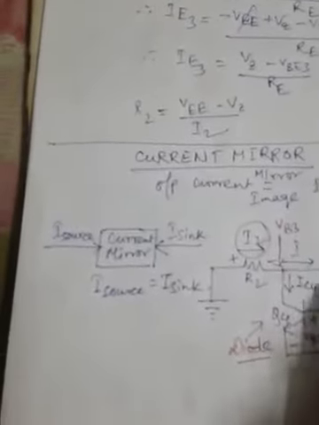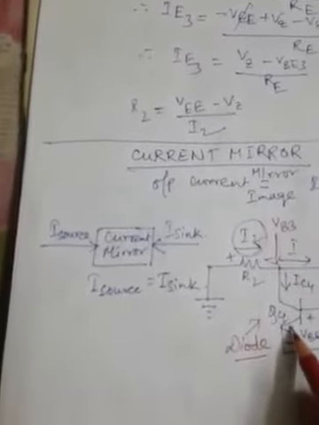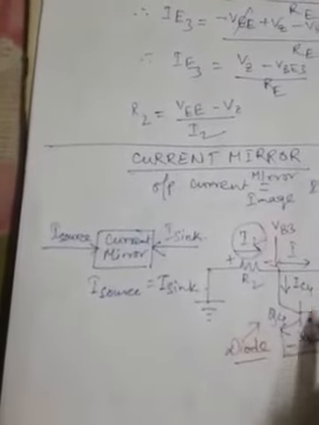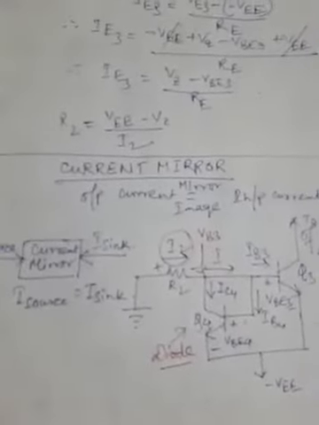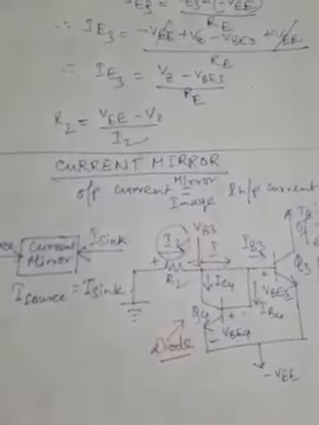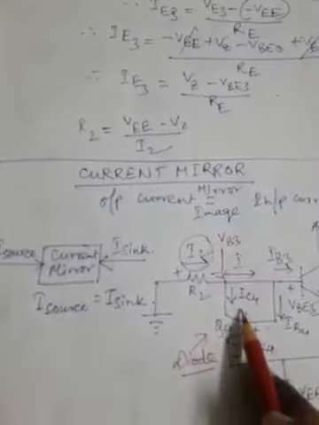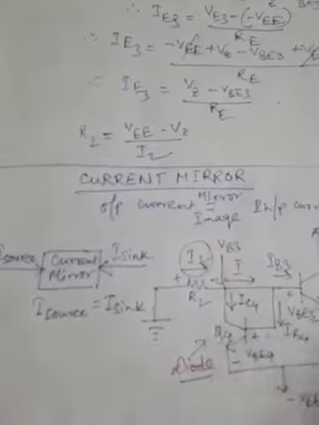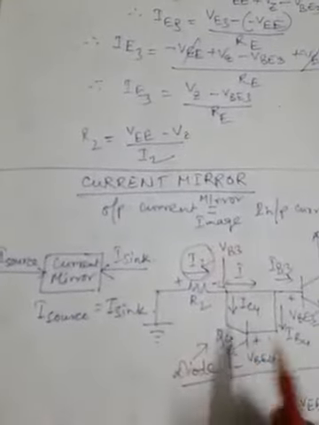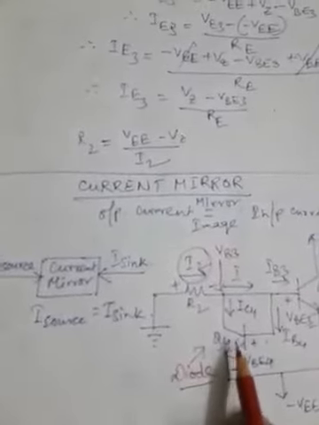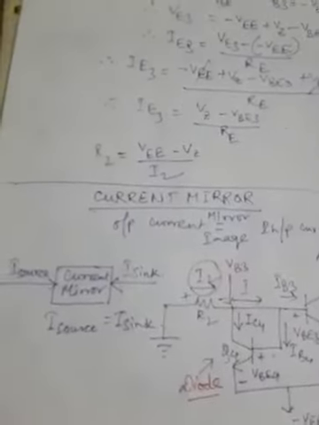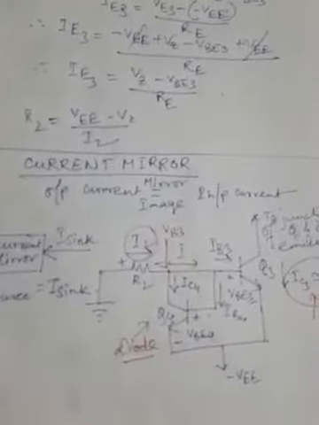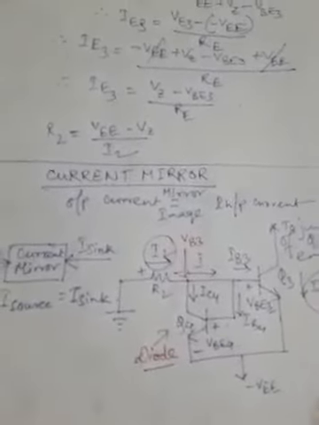So since the base and collector of this transistor are interconnected, that means one junction does not exist for this particular transistor. Therefore this transistor Q4 is actually working like a diode. What we have seen in the case of the constant current bias circuit was two back-to-back ordinary diodes or a Zener diode. So we are just replacing those diodes with a transistor acting like a diode, because its base and collector terminals are shorted. Base is shorted with the collector.